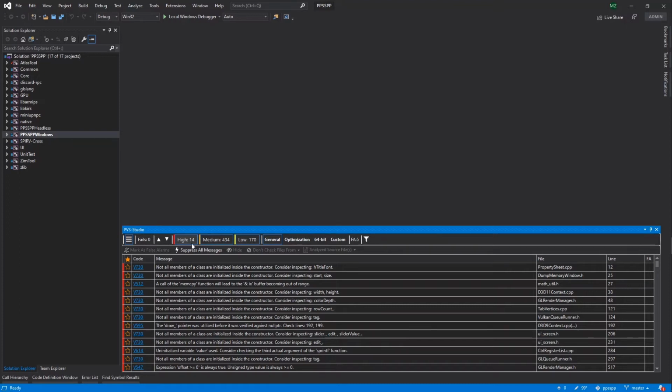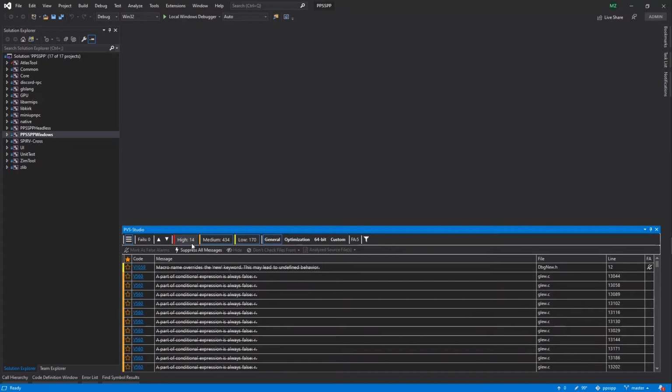You might have a question. If you change the code in the file, the errors will shift and warnings will appear again? No, this will not happen, because the suppression file stores the hash of the string, so the shift of the string doesn't affect the occurrence of the error in any way. However, if you change the code in the error line or adjacent lines, then the message will be displayed again.